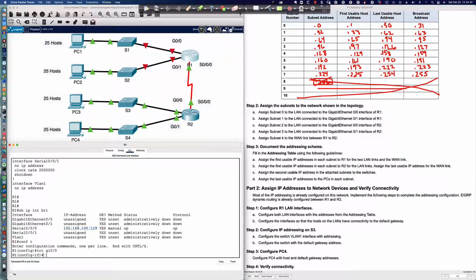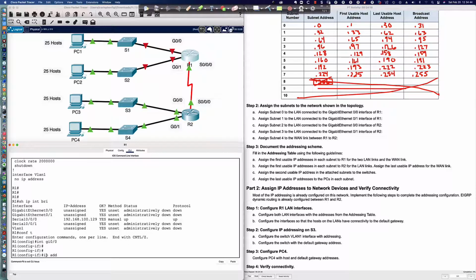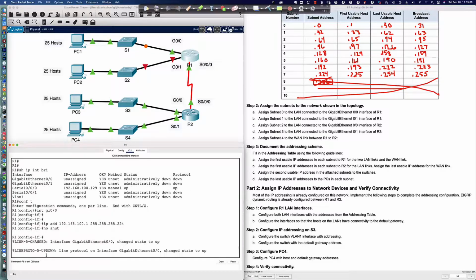And so what we want to do here, we're in int gig 0/0, and we're going to use the first IP in subnet 0, basically. They're doing the 0 counting thing here. So IP address 192.168.100. First usable is going to be 1. And the subnet mask, right? Remember, we're doing fixed length subnet masks here. We are not switching it up. So that 255.255.255.224, you're going to see that a lot as we work through this activity. And let's throw a no shut